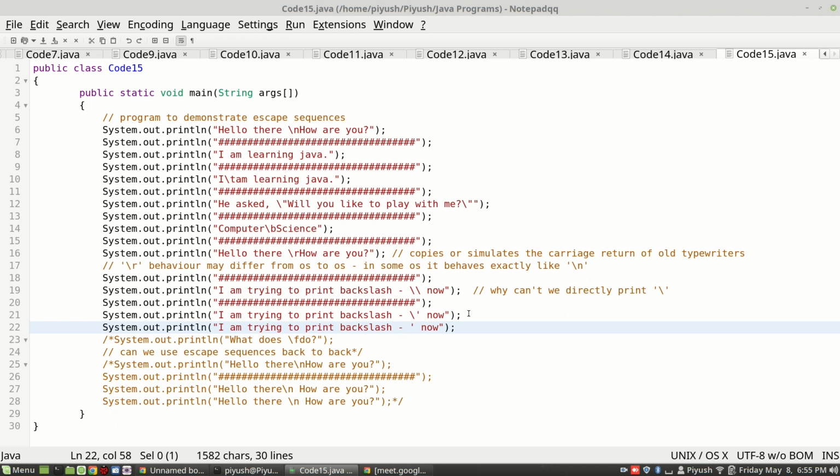Okay, fine. So what happens in some programming languages, and even in earlier versions of Java, is that a single quote was not printed alone directly inside the print statement. But later versions started supporting this without the backslash. So earlier there was only one mechanism of printing single quotes, that is by using the escape sequence backslash followed by single quote, just like backslash followed by double quote prints a double quote. But now you can directly print a single quote instead of using the escape sequence. So both work equally fine.